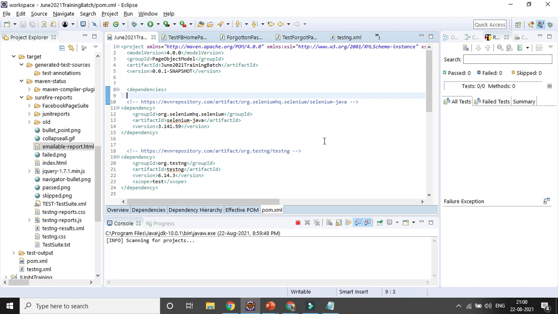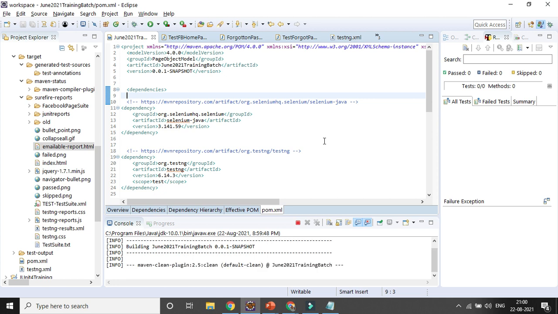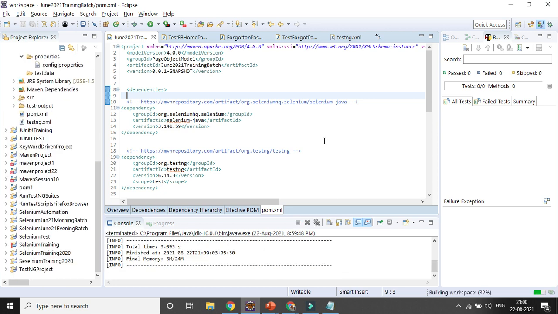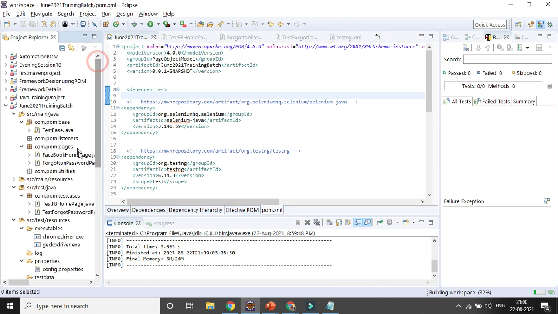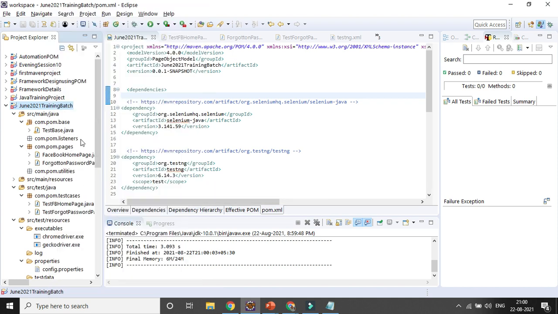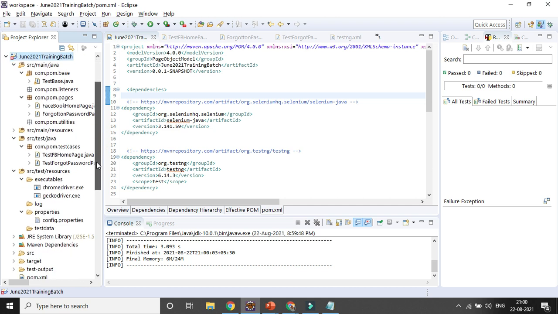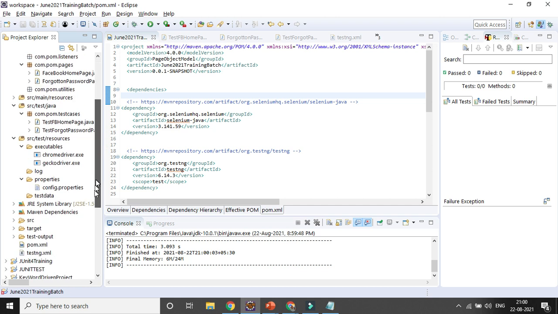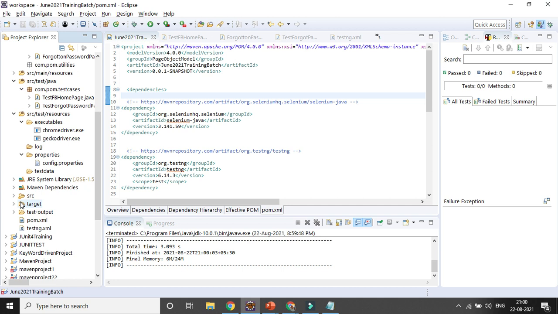Compile means any kind of error it will try to give you before running the test cases, and test means it will run your test case. Now if you refresh your project, you have cleaned now, right? You can see the target folder has nothing available. Everything got removed, means cleaned.